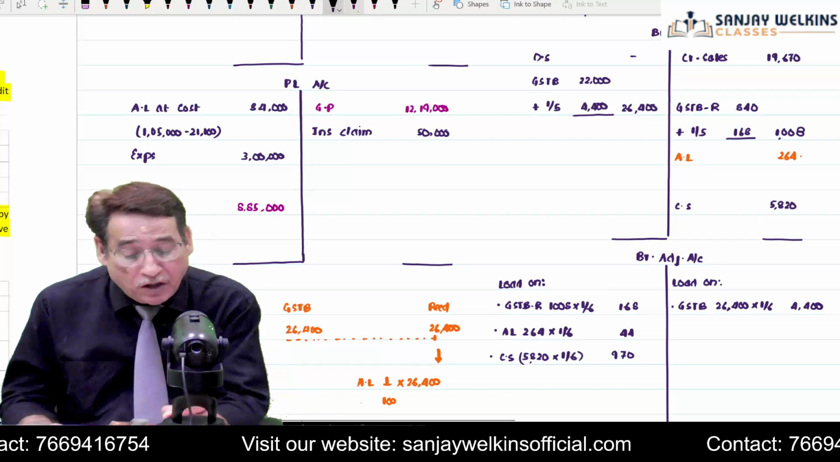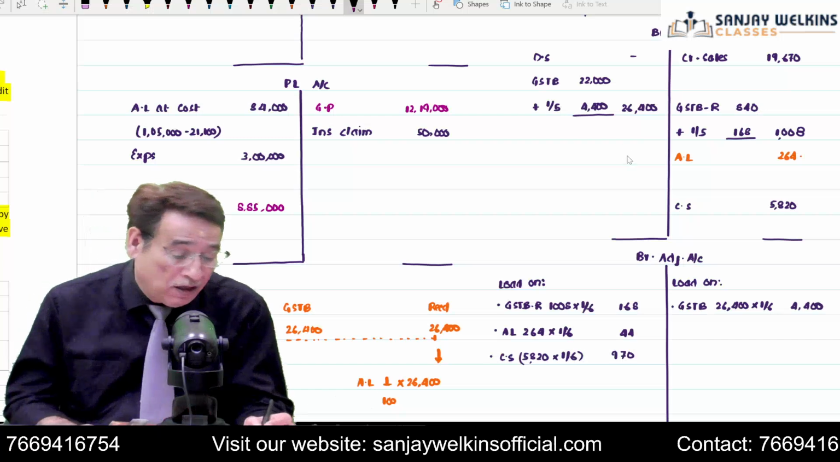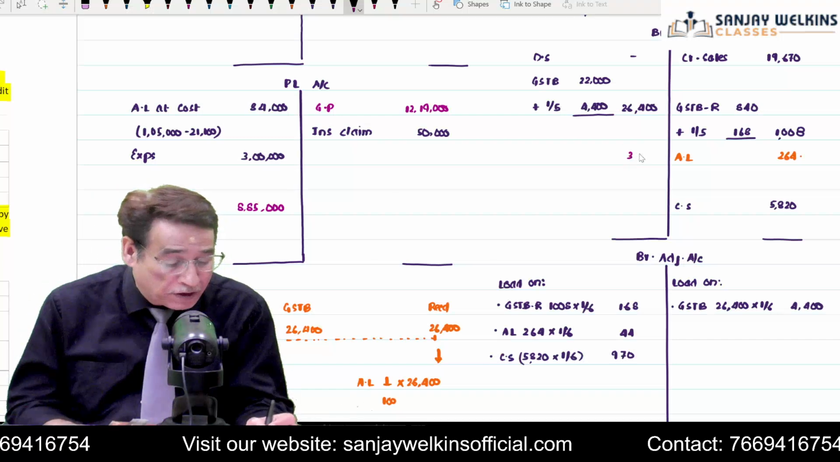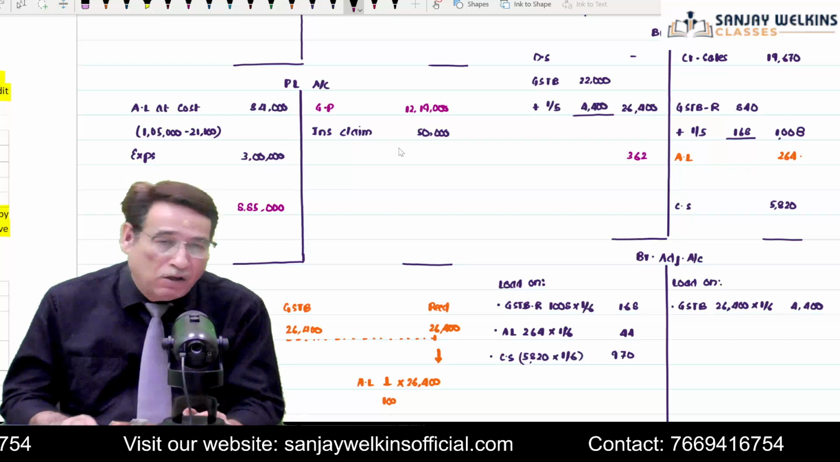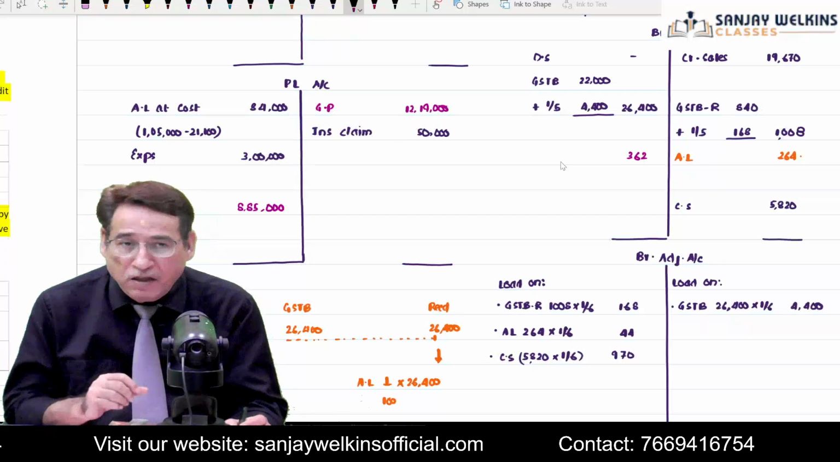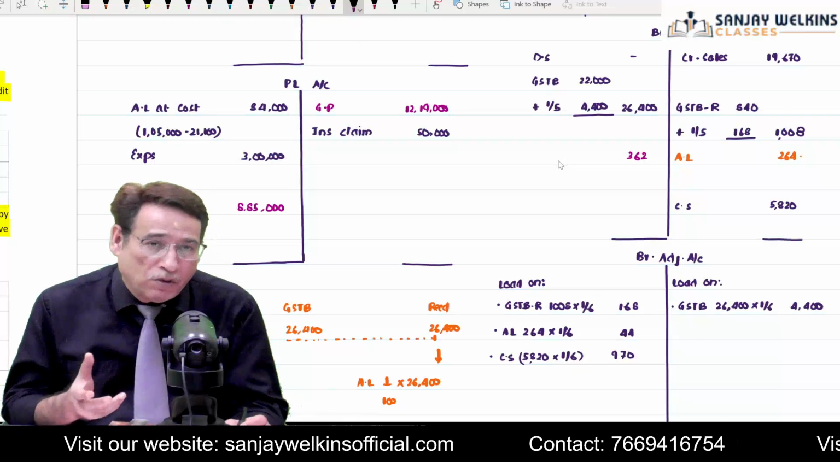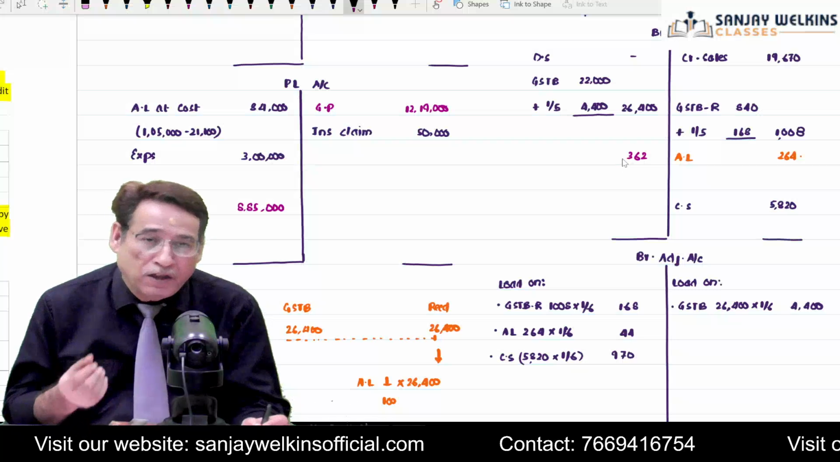Coincidentally, even in this particular question, we are getting a balancing figure on the debit side. 362 will be your balancing figure. Now you let me know actually what should I consider it. What is the rule? If the balancing figure appears on the debit side,